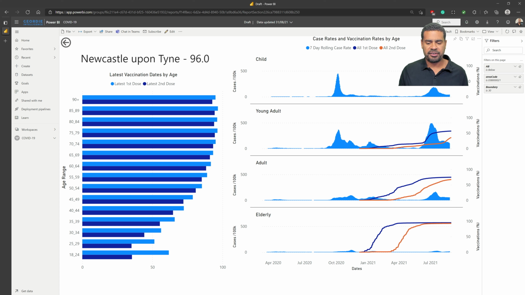And this is using the small multiples chart here. So what that means is that this case rate per 100,000 of the population is consistently charted so that all the axes are the same. So if I'm looking here,